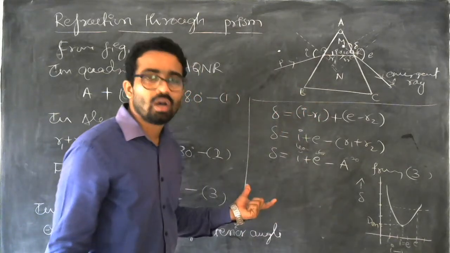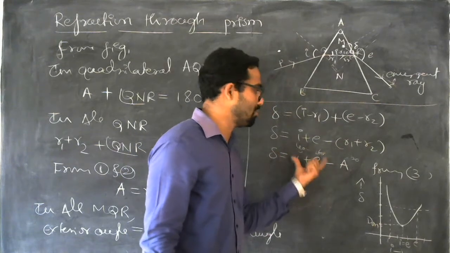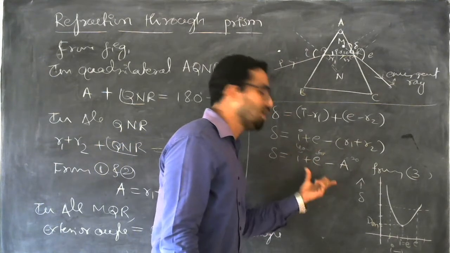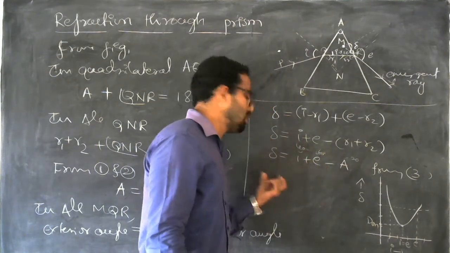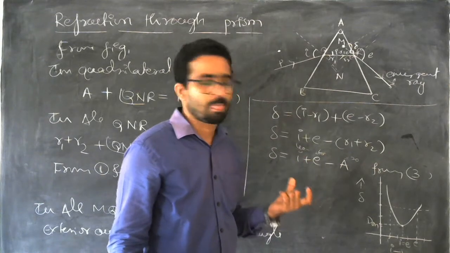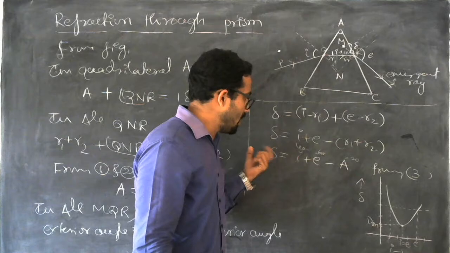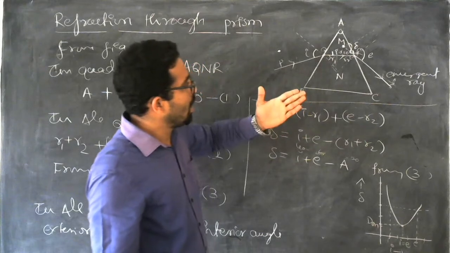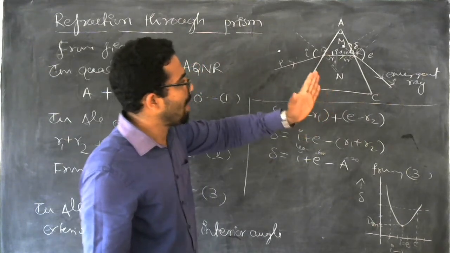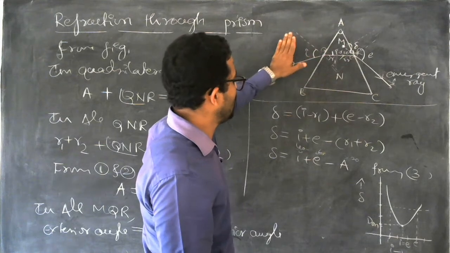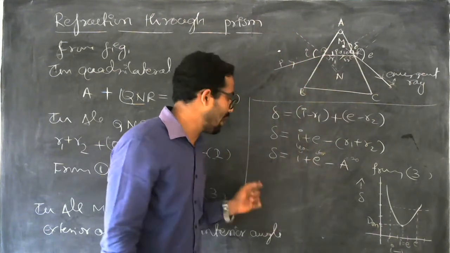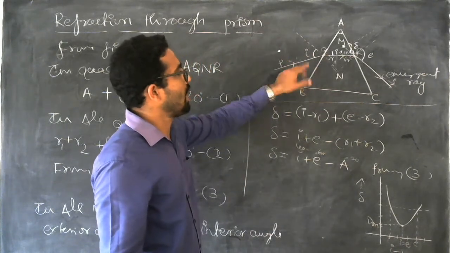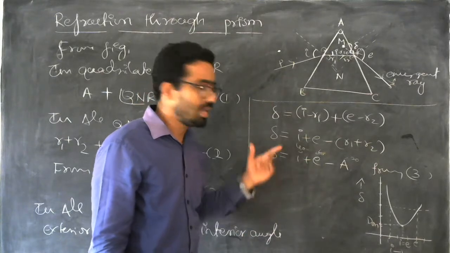So since we know that I and E have a symmetry from this equation, if we interchange the values of I and E, then the angle of deviation doesn't change. In other words, the meaning of interchanging physically is that if the ray is passed from this direction, we cannot see any difference in the angle of deviation. That means we can retrace the path traveled by the ray of light. Okay, this is the meaning.